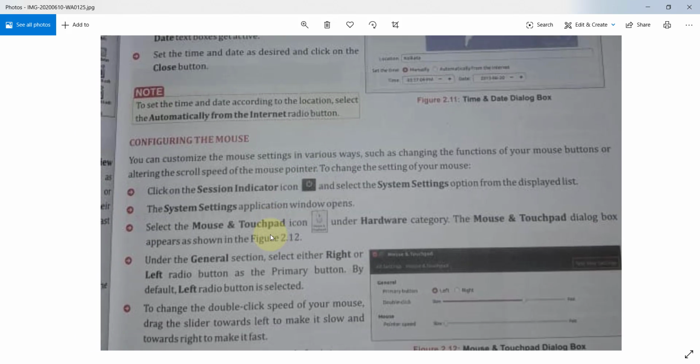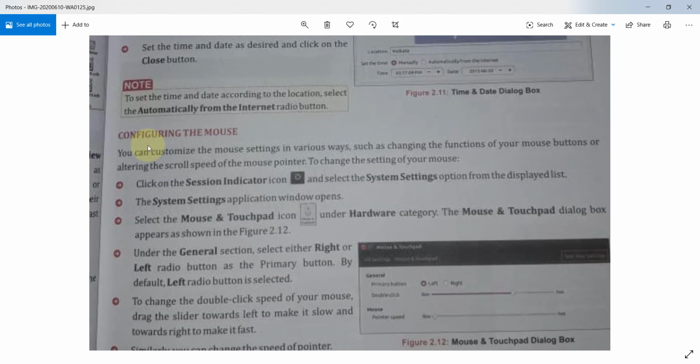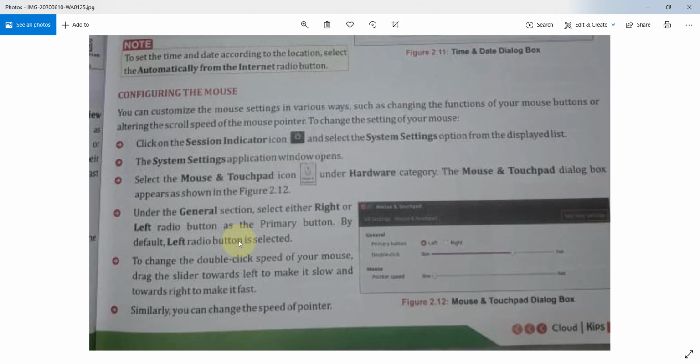Okay, now we will understand configuring the mouse. How we can configure the mouse. Students, only understand this, do not note it down. Clear? Only understand what configuring the mouse is.